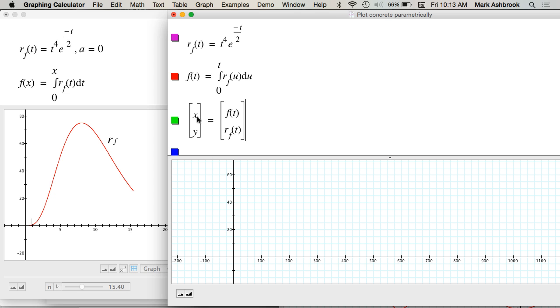Now this is saying this is going to be the x value of my point, and this is going to be the y value of my point. All right. So let's do blue. Okay, and so now when I graph that,